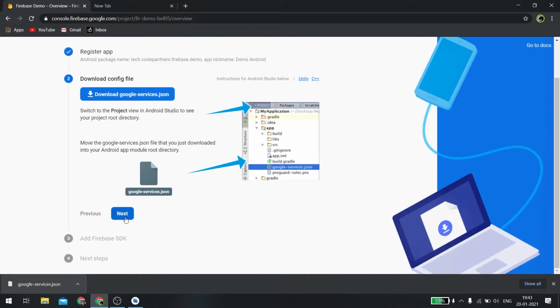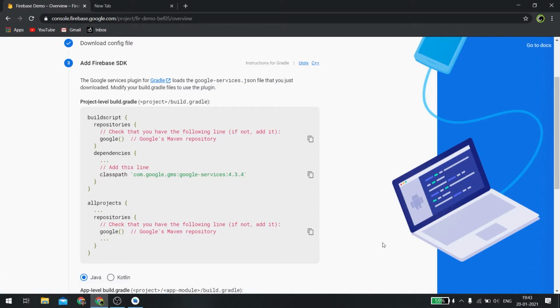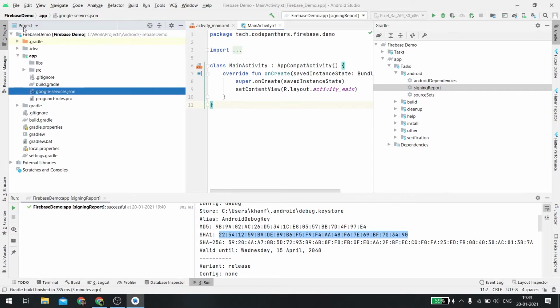Once that is done, we need to add the actual SDK, or the software development kit, for calling into functions that are present in the Firebase library. So whenever we are looking forward to using the code of Firebase services, we have to actually use these libraries that are provided as part of dependencies in Android. So let us see where these dependencies are.